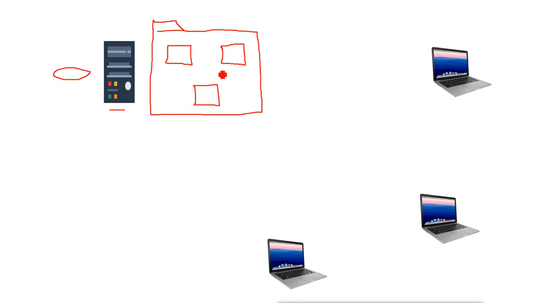Now I shared this directory with these three users, and I created different directories for these different users. When this user logs in, they store data into their own directory. When this user logs in, they store data into their own directory, and the same for this user. All three directories are under the main directory, and the main directory is stored in the file server storage. Now what happens if these three users start storing files which are actually duplicates?